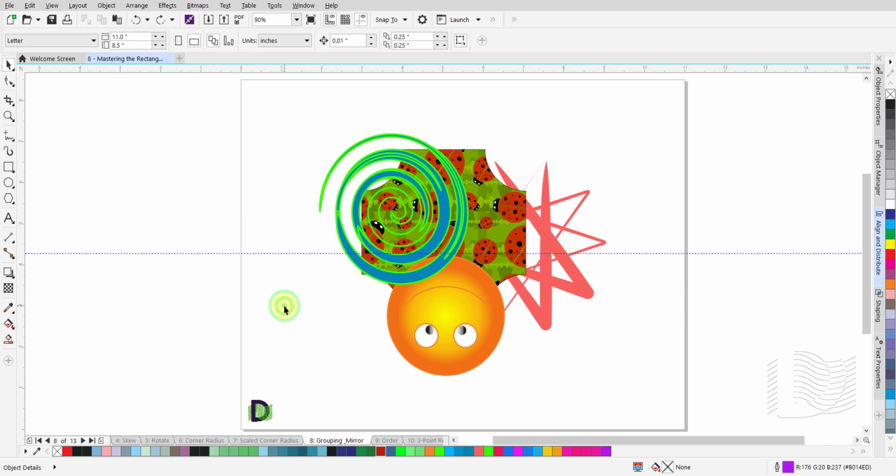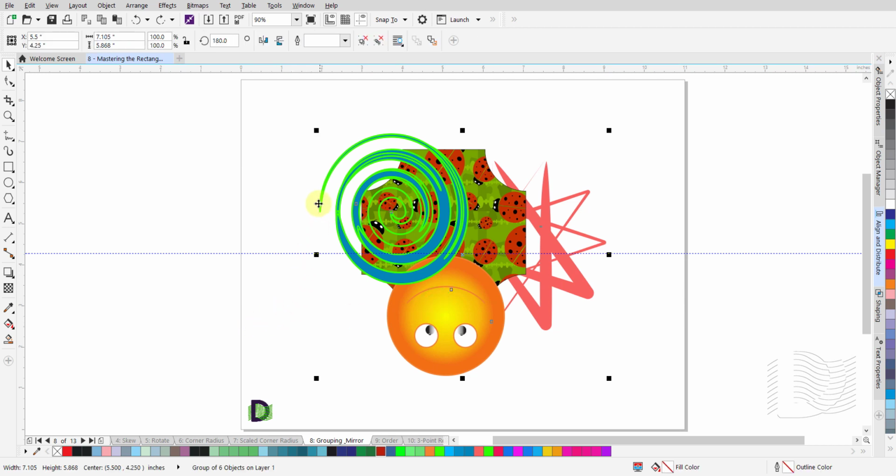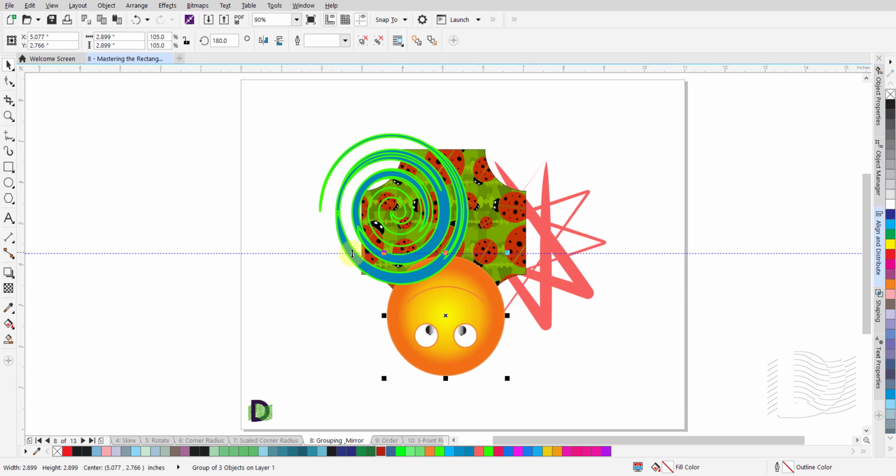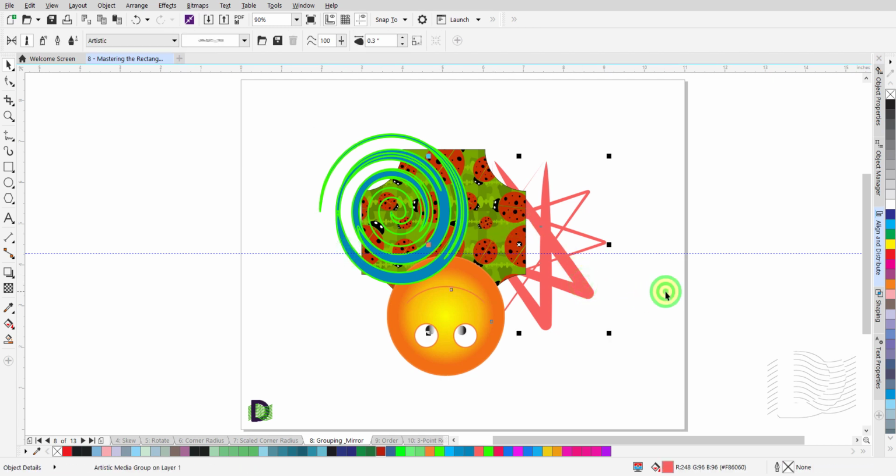Left-click and release on a blank spot on the canvas to deselect all the grouped objects. Left-click and release the mouse button to select these grouped objects. This icon, up in the Properties bar, is to ungroup objects. With the grouped objects selected, click on this icon to ungroup these objects. Left-click on a blank area of the canvas to deselect these objects. Now you are able to select them individually and move them, or delete them, or change their properties, etc.